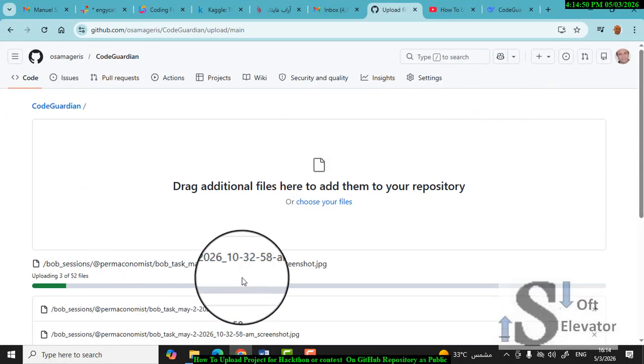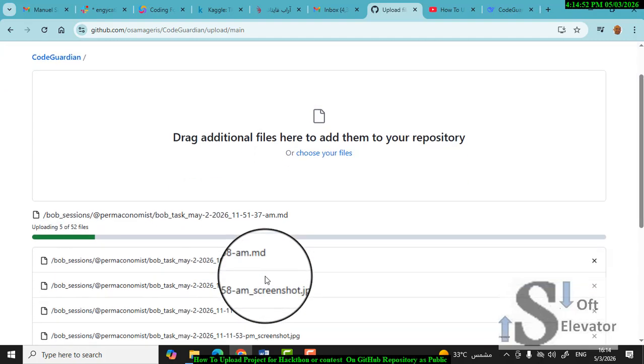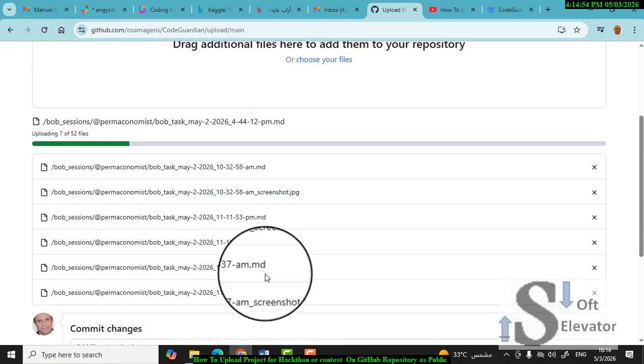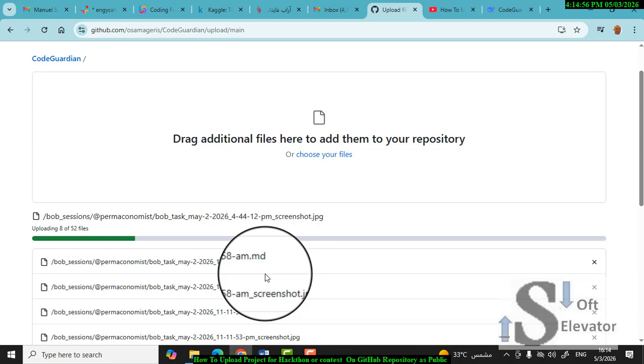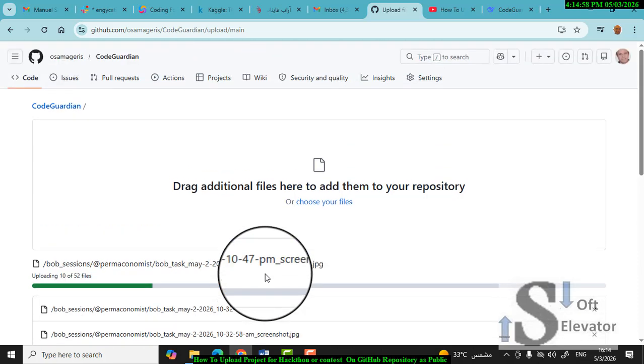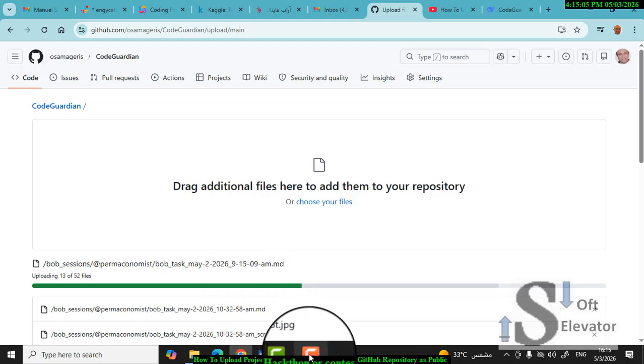but after taking this time uploading all the files, you can share the link of the repository in the form where your hackathon or contest needs. If you have any question, ask me and I'll reply to you as soon as